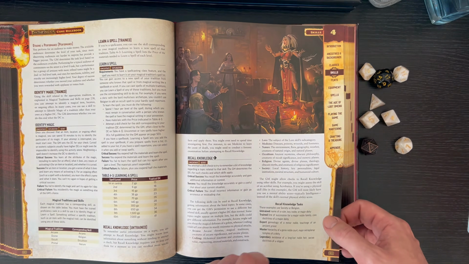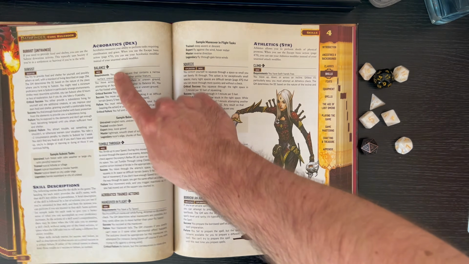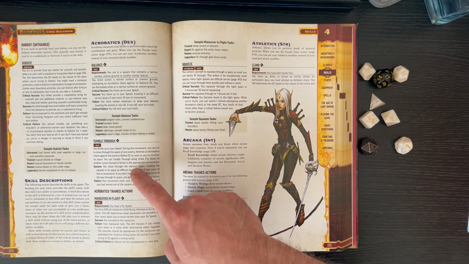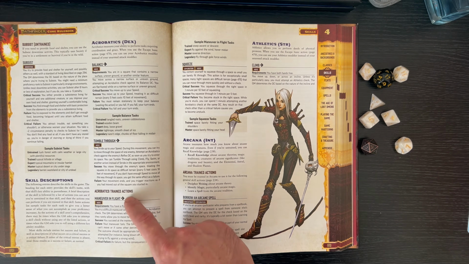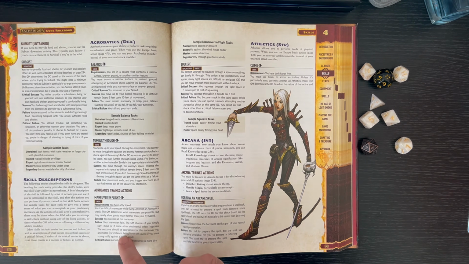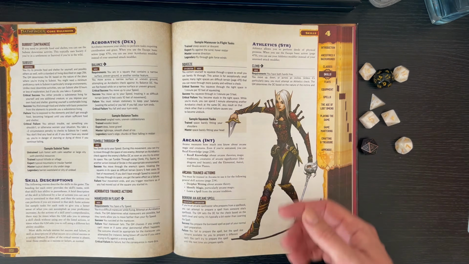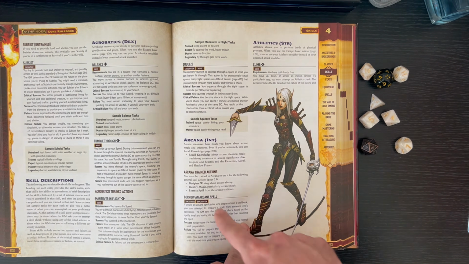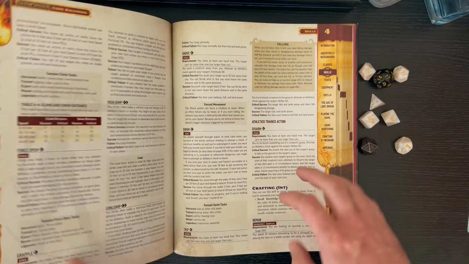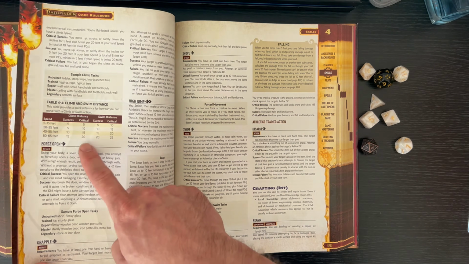Say you want to balance on a ledge. There's a rule for balancing. You want to tumble through someone's legs, pass through them. There's a rule for tumbling through. You want to maneuver whilst you're flying. There's a specific rule for maneuvering whilst flying. You want to squeeze. There's a specific rule for squeezing through tight spaces. There's a specific rule for borrowing a spell off another wizard. Obviously, there's a rule for climbing, and there's a rule for force opening things,